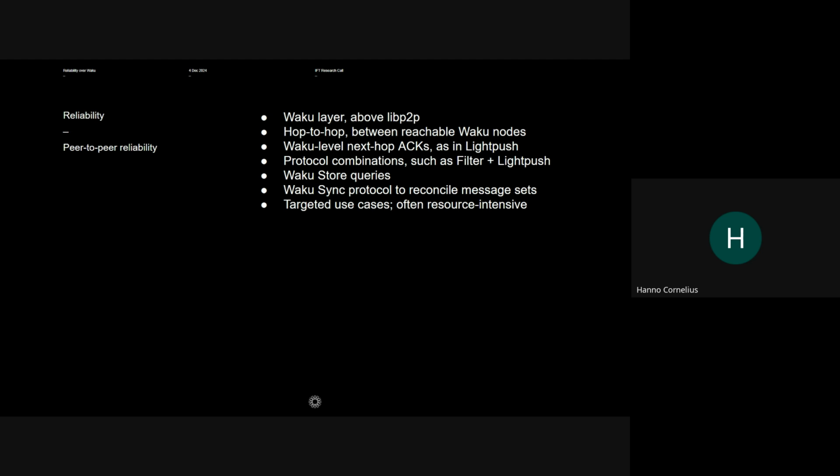It's just a fancy way of saying that nodes that are caching messages, specifically Waku Store nodes, can use the Waku Sync protocol to reconcile their messages, so they can synchronize with each other. Maybe they've missed one or two messages due to temporary outages. They can use this protocol to make sure that they fill in those gaps and that everyone agrees on what messages have been routed in the network in the past X amount of hours. So of course, that also relates to reliability.